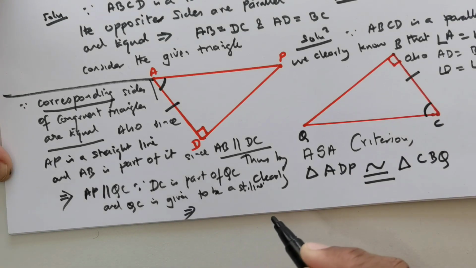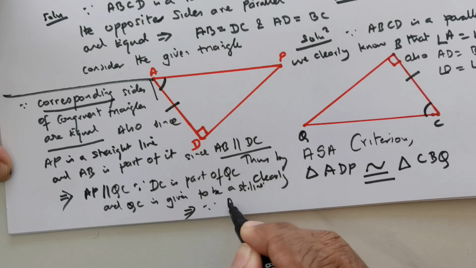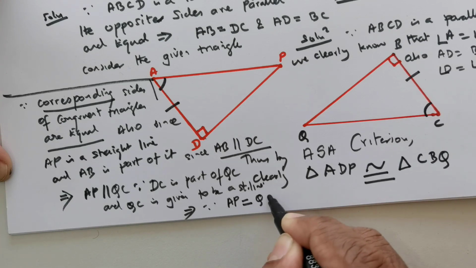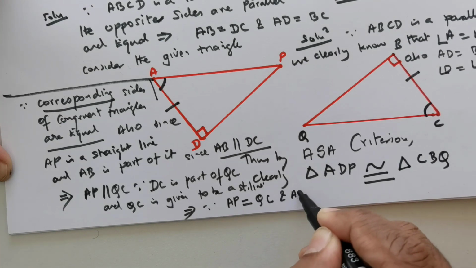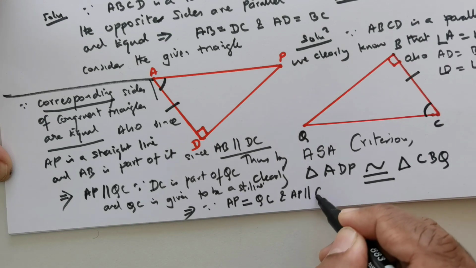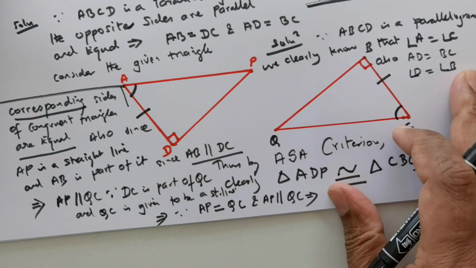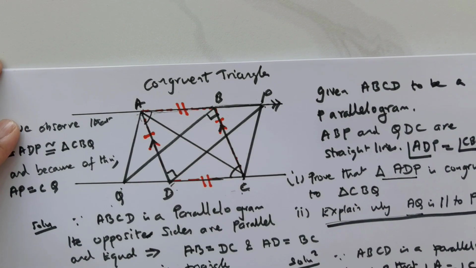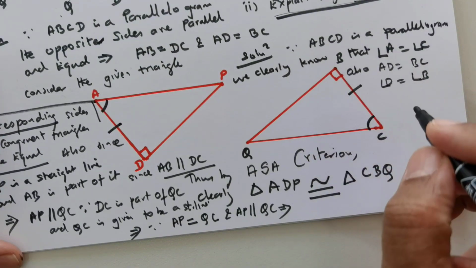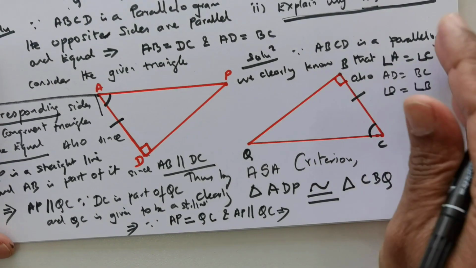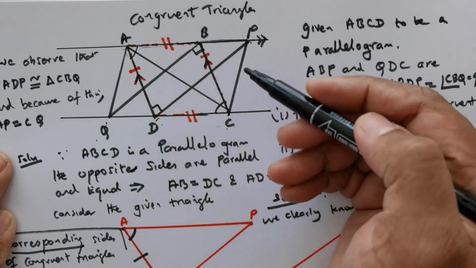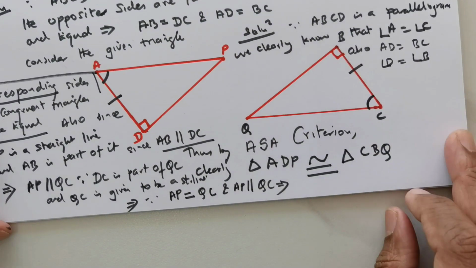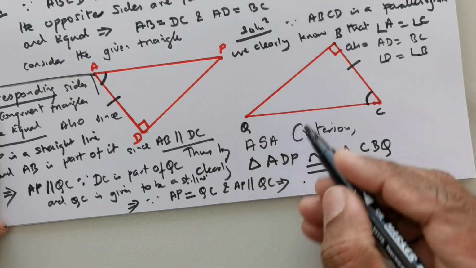Now this would mean, since AP is equal to QC and AP is parallel to QC, APCQ should be a parallelogram, right? Because the very fact that the opposite sides are equal and parallel is only possible if it is a parallelogram. So this would mean that AQ